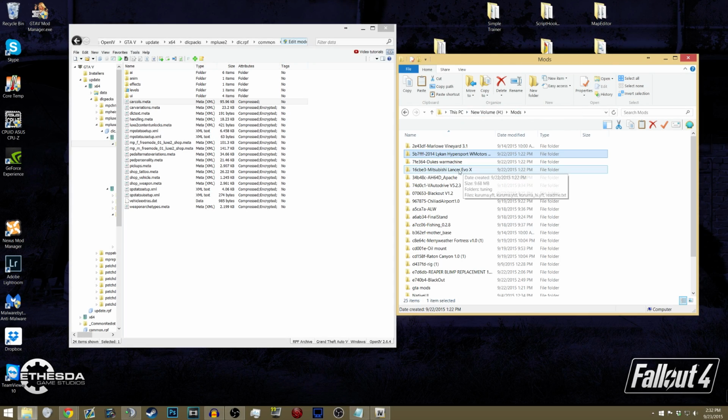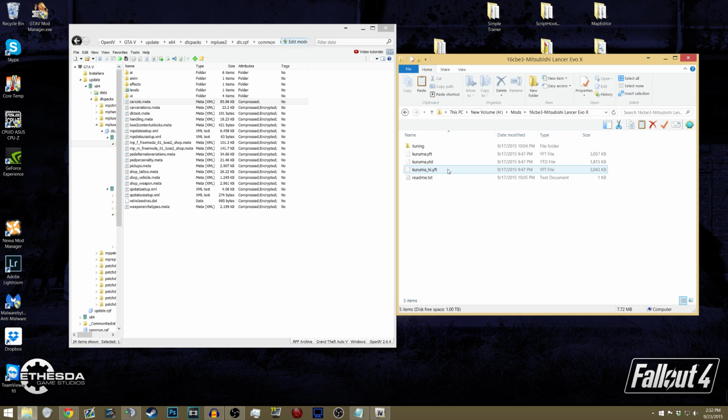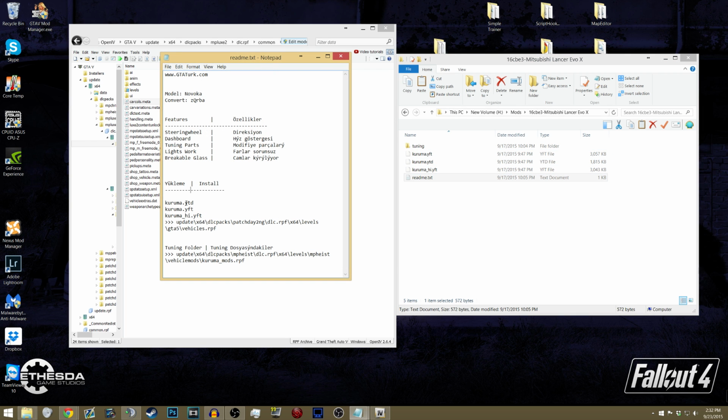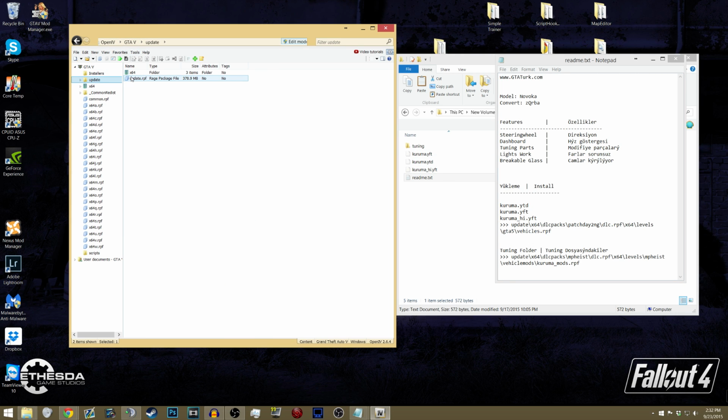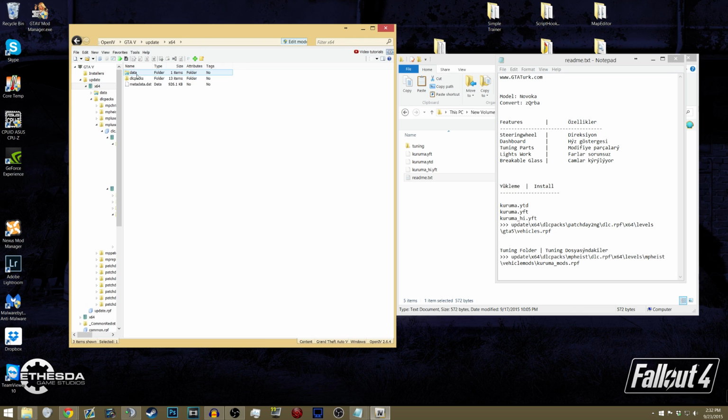Now, like I said, the Mitsubishi Lancer Evo. What we're going to be doing for this one, again, is going into the README, and it says here's where we've got to go. And we're going to do the exact same thing like we just did for the Lycan. So we're going to find the Kuruma files, and as you can see, now they're going to be in a different folder. So we're going to go into Update, x64, DLC packs, and then this one is going to be in